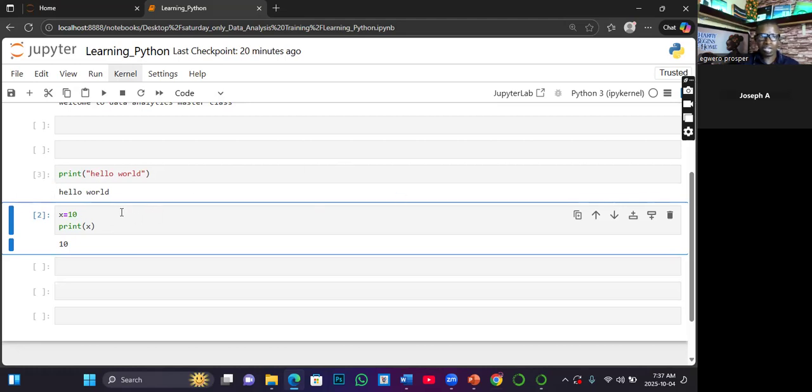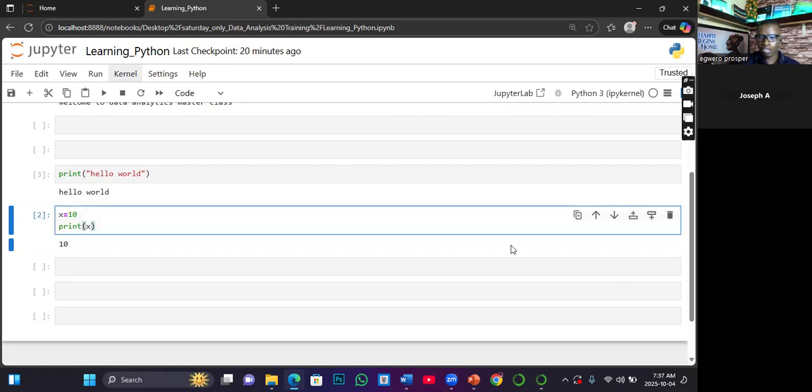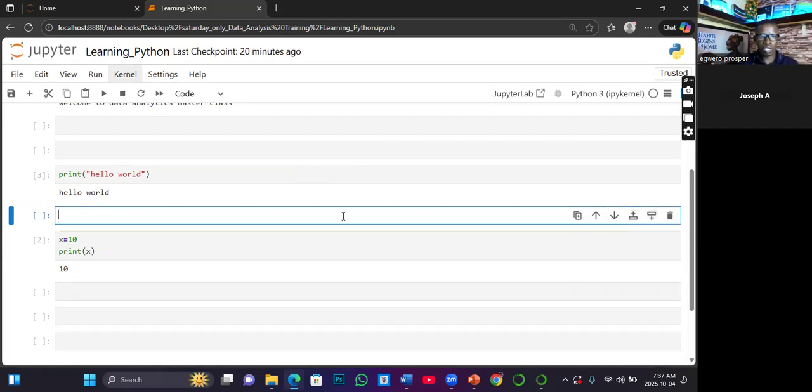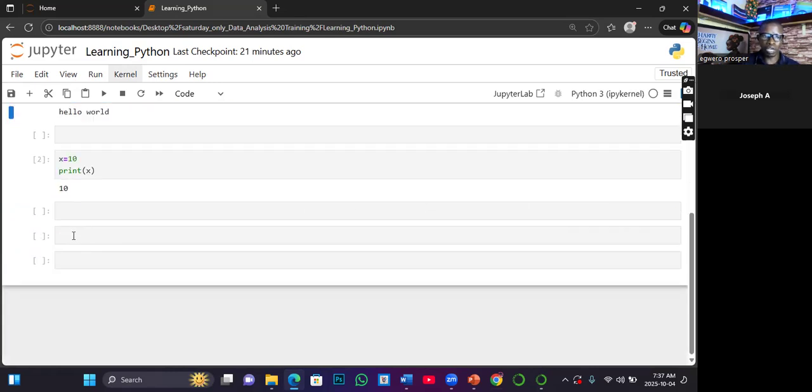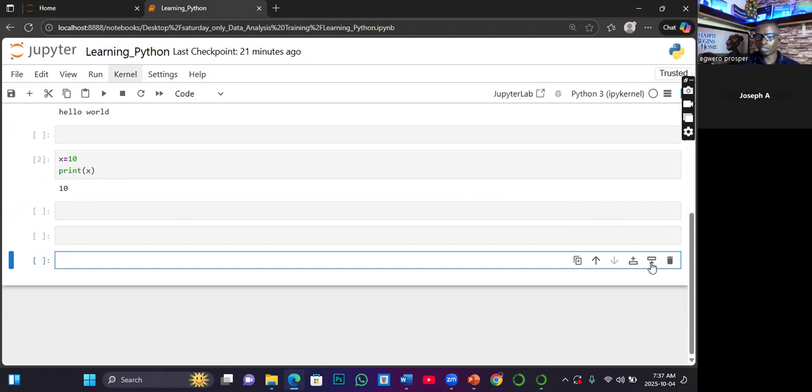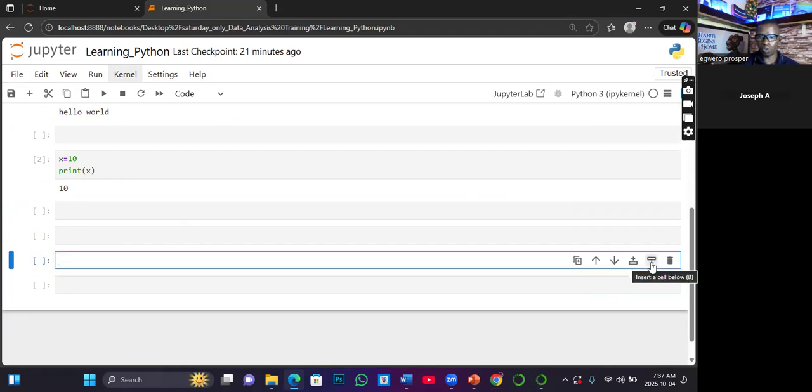So in that case, if I am here, then I will use what? Insert above, so that I can come in between. If I am here, I will use what? Insert below. I hope that point is clear. But at the same time, you can just be in a cell and click here to add, or use the other method.